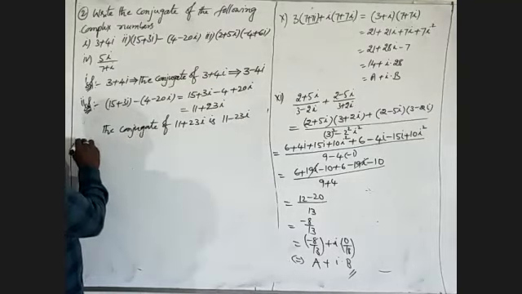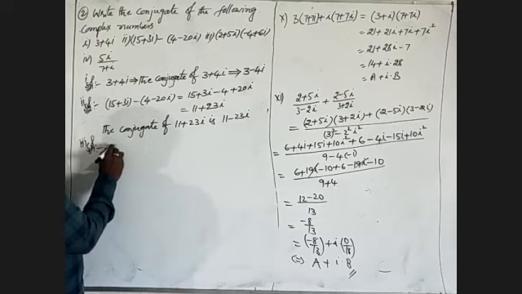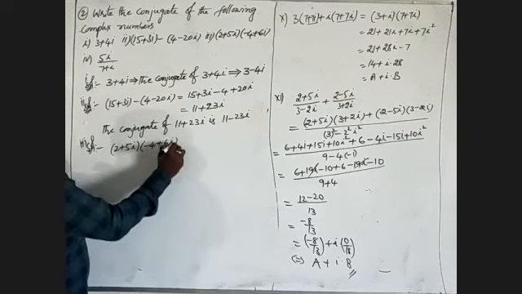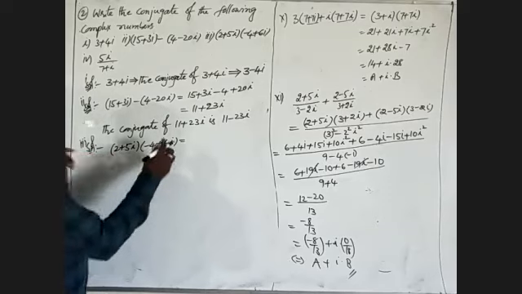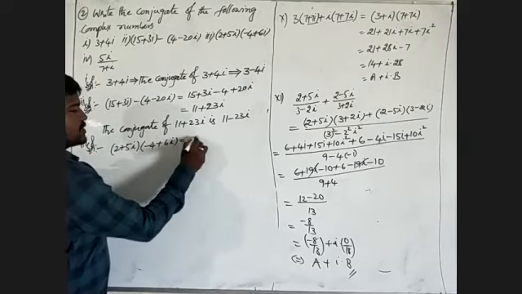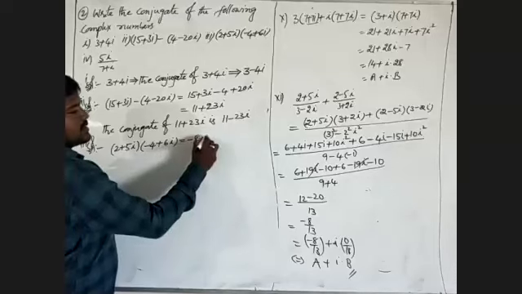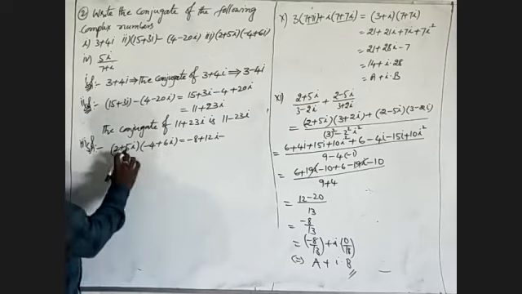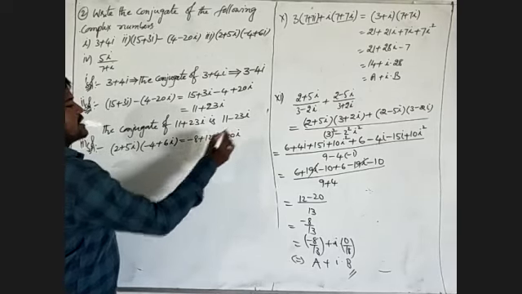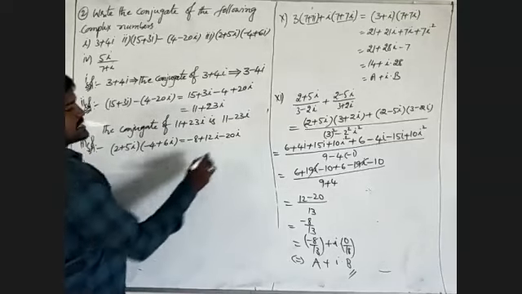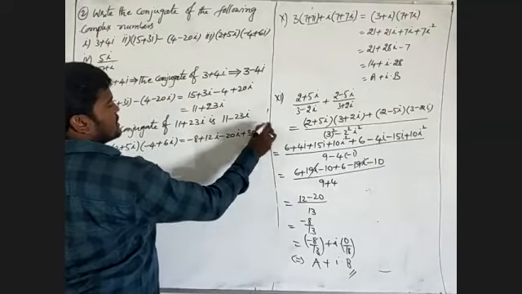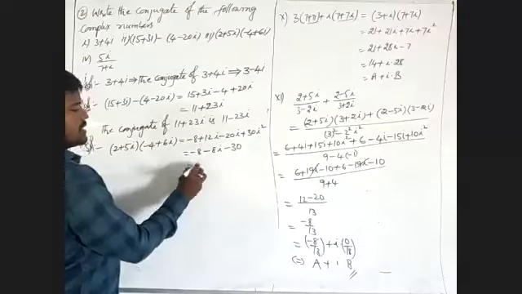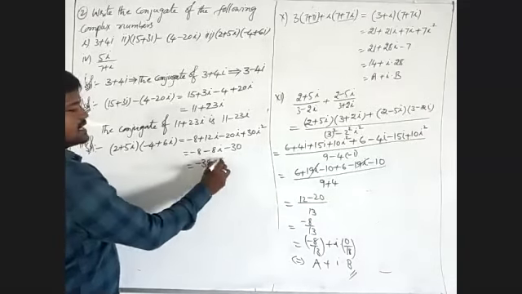Now I am going to the third one. Third one is 2 plus 5i into minus 4 plus 6i. Okay, 2 is multiplied by the entire sum. 2 into minus 4 is minus 8. 2 into 6i is 12i. Remaining: plus into minus will become minus, 5i into 4 is 20i. Then 5 into 6 is 30, and i into i becomes i square. That means minus 8 plus 12i minus 20i minus 30i square. Minus 30 minus 8 is minus 38, minus 8i.